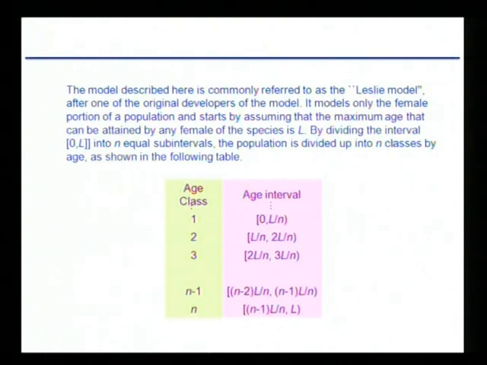It combines population processes, births and deaths, into a single model, generally applied to populations with annual breeding cycle, and by convention it uses only the female part of the population. How the female population is transformed over years. The model described is commonly referred to as the Leslie model. It was developed by a person called Leslie, that is why it's called the Leslie model.